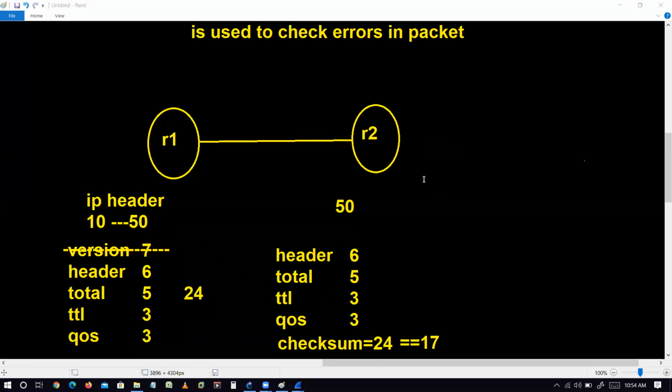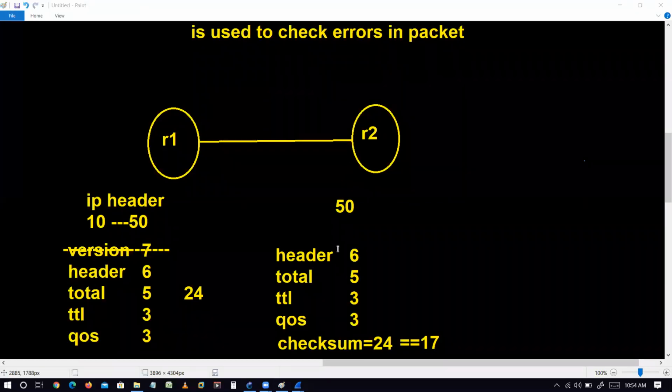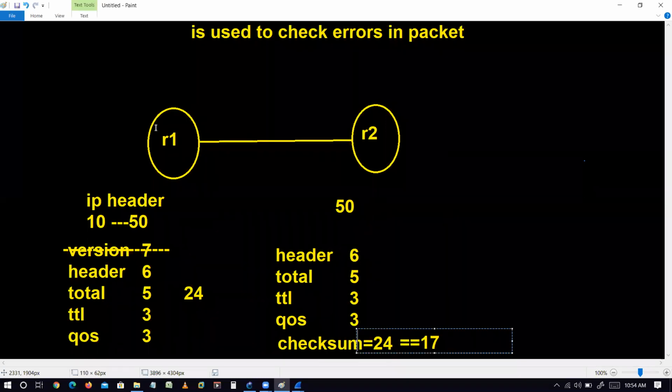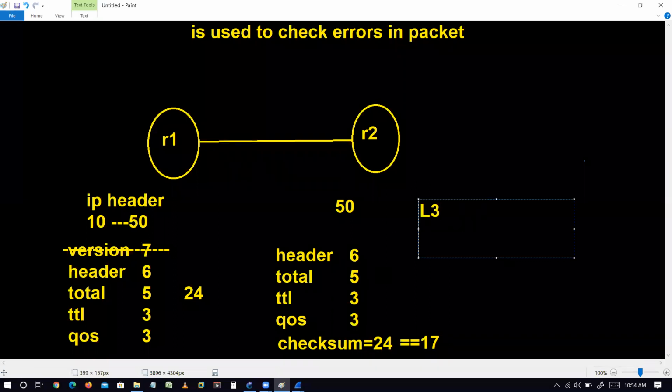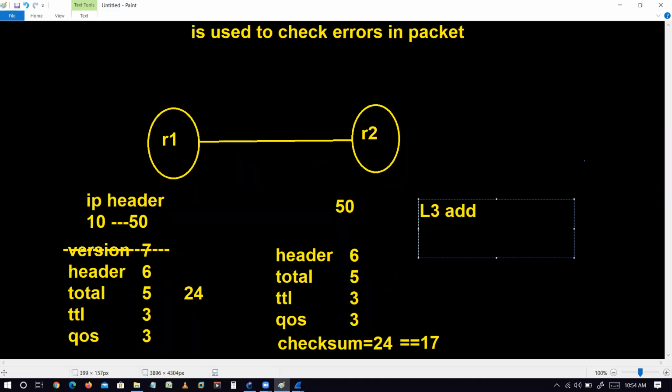How would the destination know the checksum value should be the same as the sender's? Basically, whenever R2, the destination, receives the packet, that packet itself will have a checksum that is calculated by R1, okay? And once R2 receives it, it will get to know we are using a layer 3 header. On layer 3, we are using a mechanism of adding the numbers. So R1 and R2 both have this information: we have to add the numbers, right?